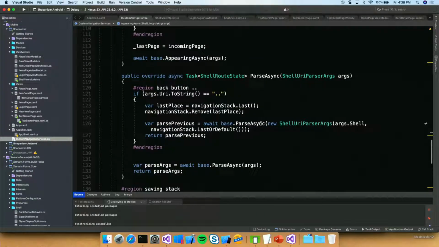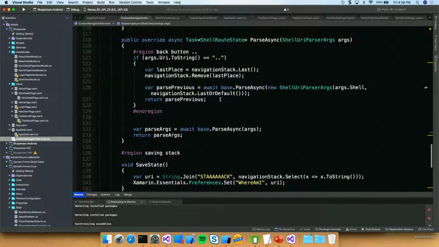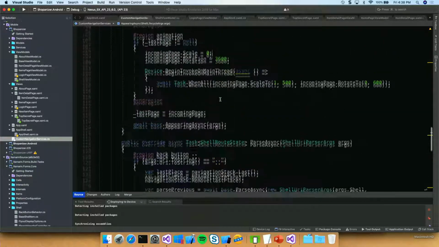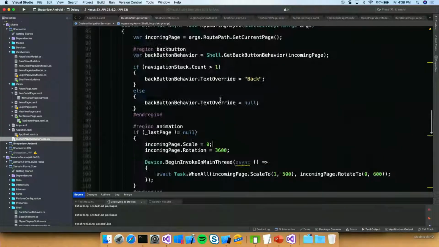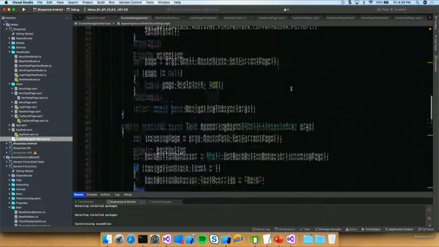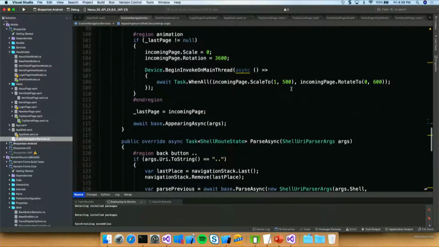The parse we went through. So the parse is pretty basic. It's just looking at the navigation stack, which is neat. All right, so let's look at the tombstoning here real quick. So the tombstoning is neat. That's using Xamarin Essentials. But basically what I do